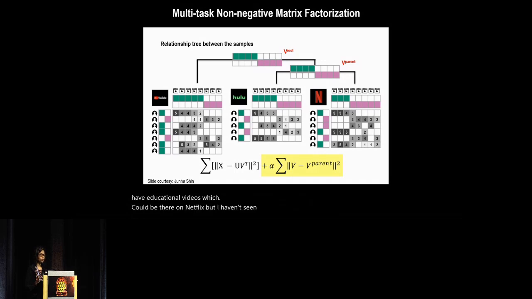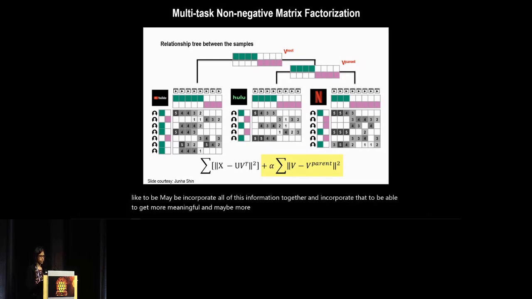So in general, Hulu and Netflix are more similar, but the other one is different. But there is this general common thing where there are people watching things, and we would like to incorporate all of this information together